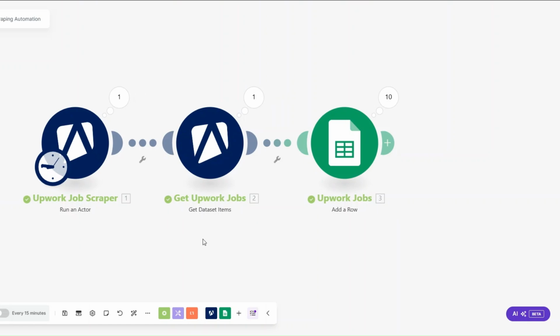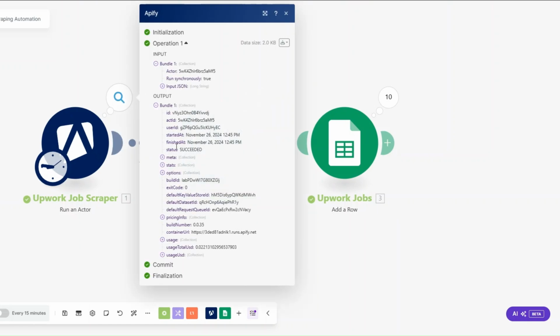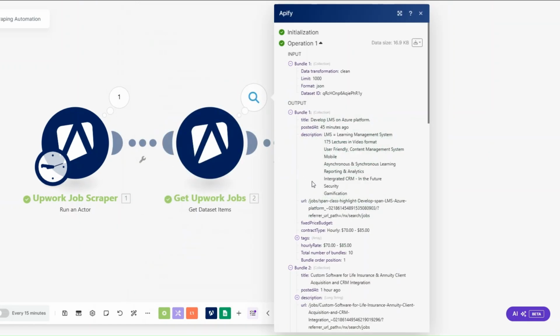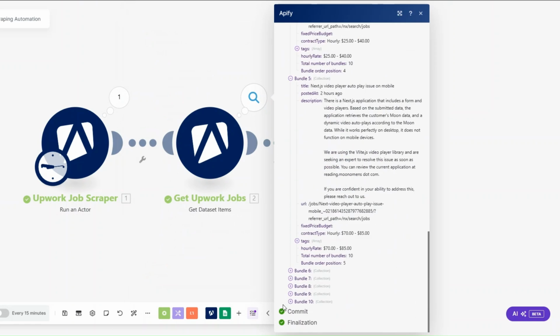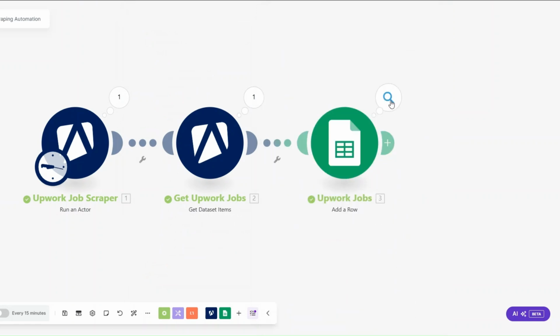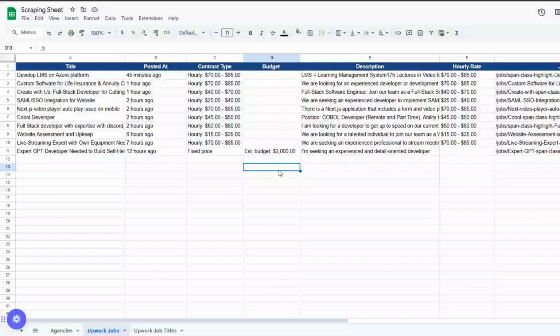You can see that automation ran successfully. We succeeded in scraping 10 web developer jobs. We got the jobs using this module right here. Got the 10 jobs. Then we added the 10 jobs to our Google spreadsheet. Now, on our spreadsheet, you can see the 10 jobs that we just scraped from Upwork using our Upwork job scraper tool on Apify. Here we're getting the title of the jobs, the time the job was posted, the contract